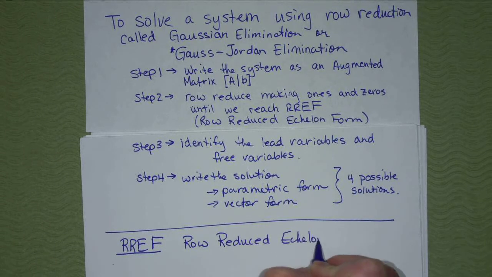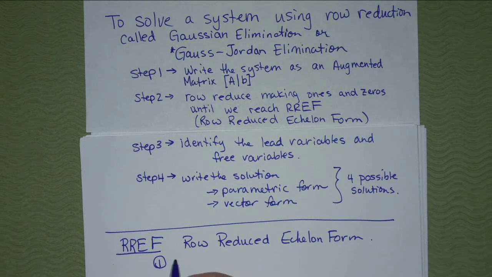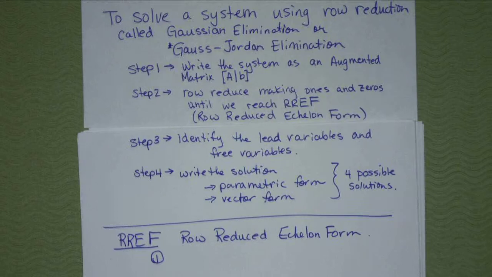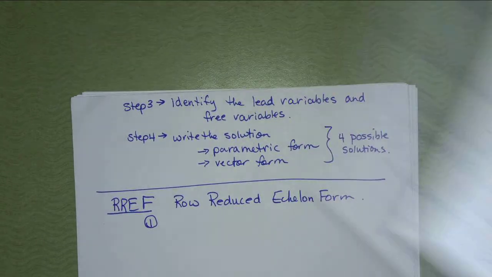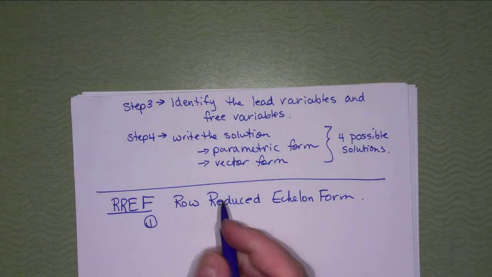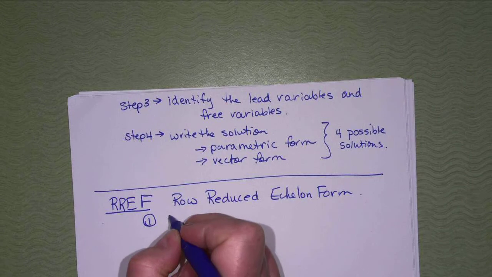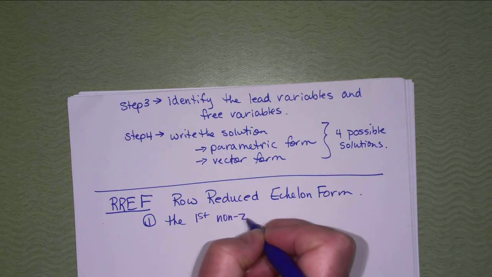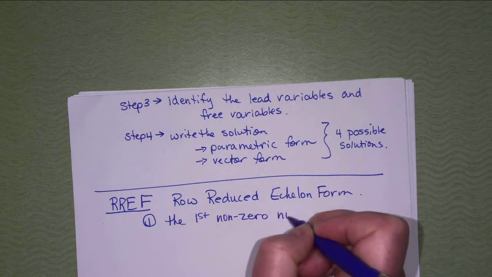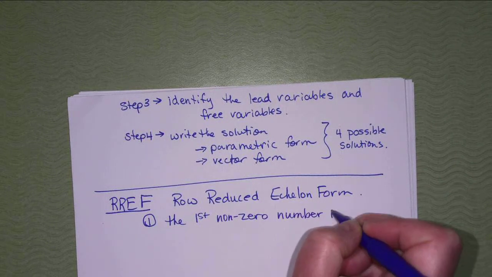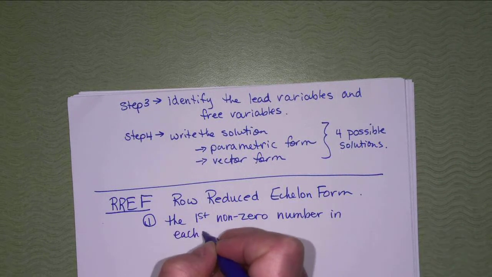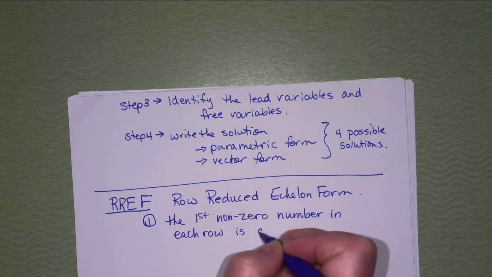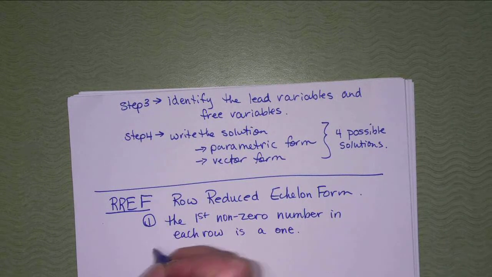So the criteria to know if something is in REF is, number 1, the first non-zero number in each row is a 1. Number 2, columns containing